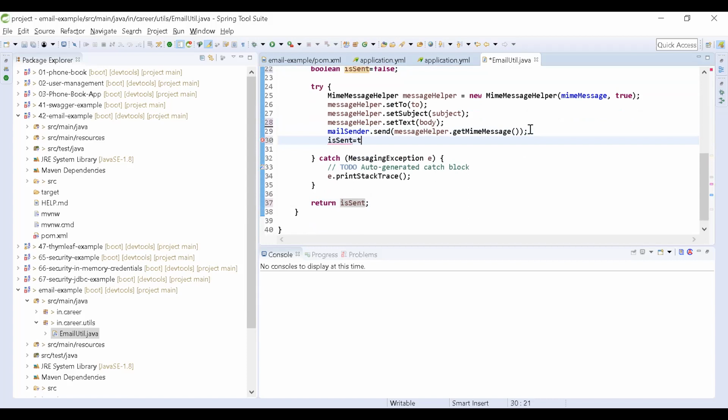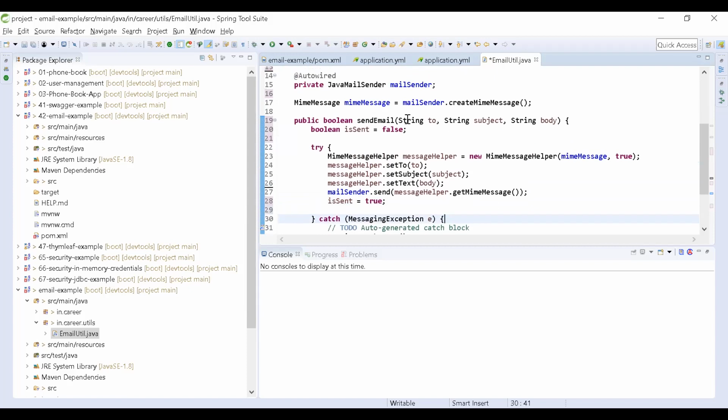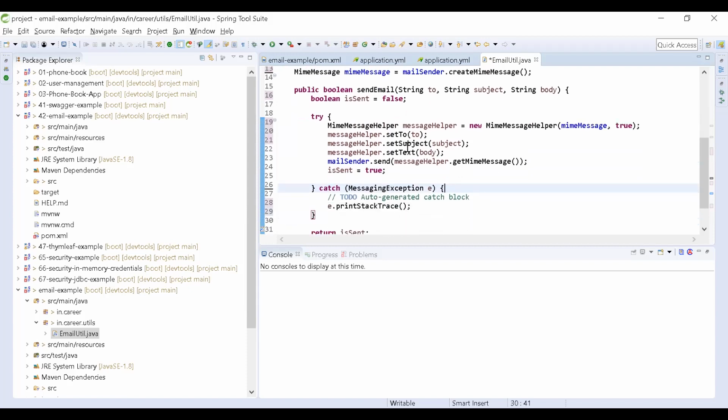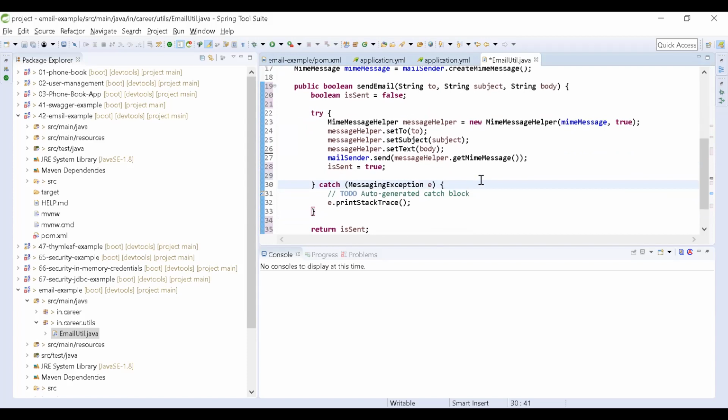If it is successfully sent, then I am marking it as true. That's it. This is all you have to write in your method. Only one simple method is there. This is enough to send email.